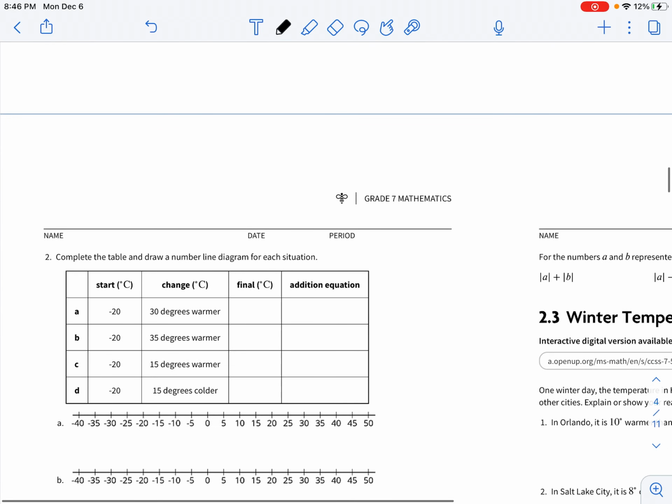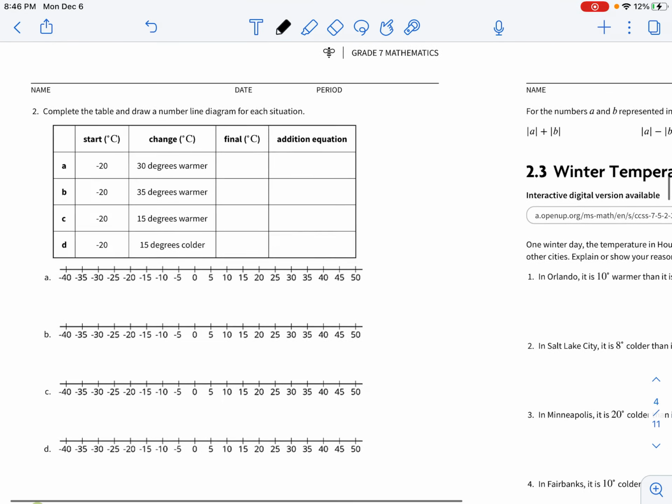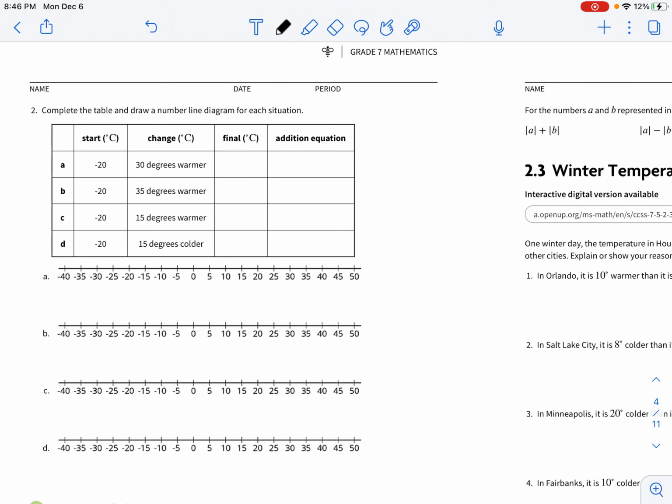So moving along to the next one, we're doing the same thing here. It just says complete the table and draw a number line diagram for each situation. So the difference here now is we're starting out going to the left at the negative 20. Then you go 30 degrees warmer, so you're going to move to the right 30 degrees. And you end up right at a positive 10. So this would be negative 20 plus 30 equals